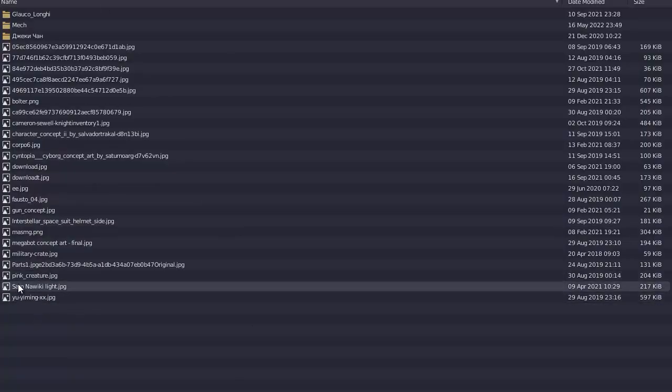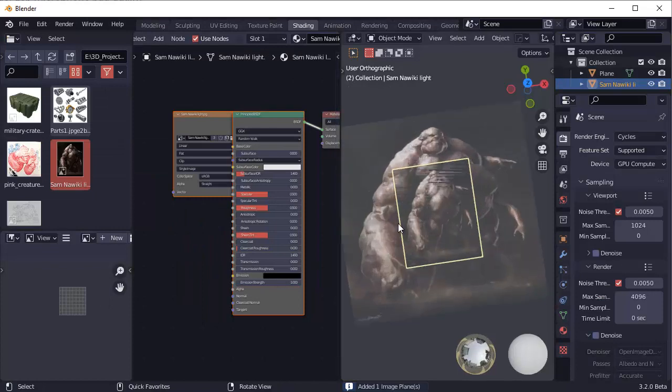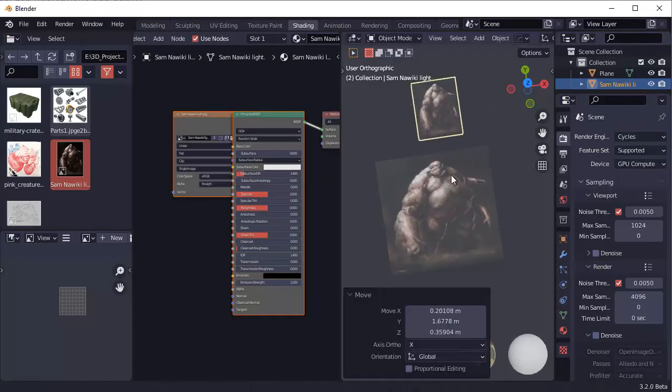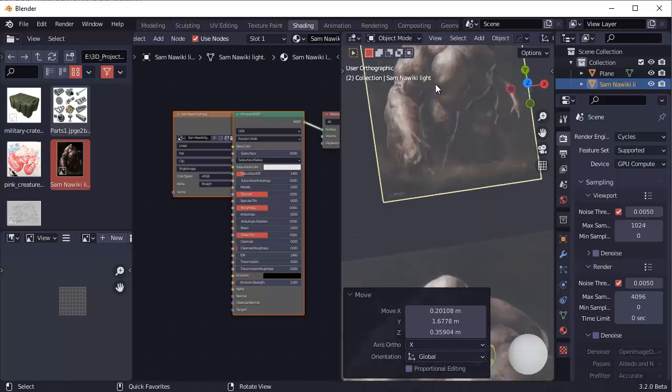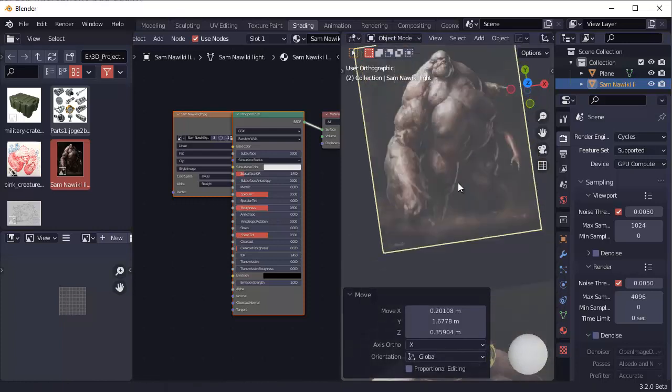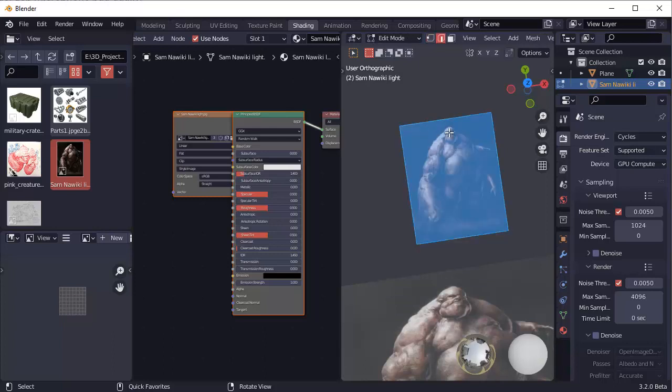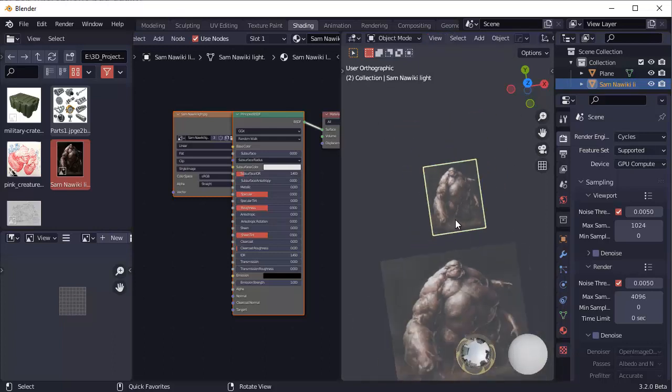And it's this one down here, so I'll select that one, and you see it comes in. I'm just going to move it out of the way. It comes in at the proper aspect ratio, so the plane is created at the exact size. You can do this manually, but it's easier to just use this free add-on. And as you can see there, it's a mesh. Here's the verts and all the rest of it. So that's just a quick way